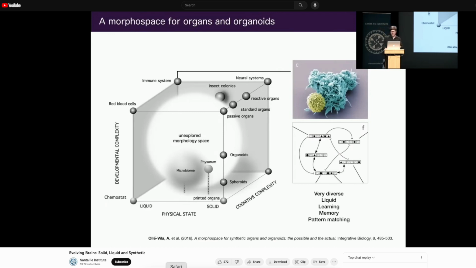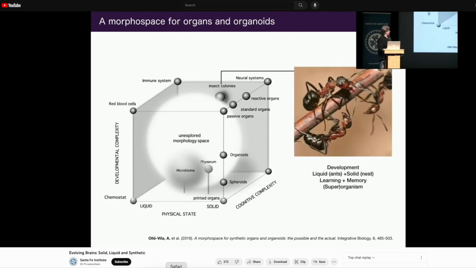We are living in a very interesting time now where it seems that because of our understanding of these networks, we might actually fight cancer and other things in a very effective way. Ants, of course, I put ants in the middle between liquid and solid. High development, because an ant colony actually, if you look at how it generates, it comes from the queen, the first eggs, the first individuals. The structure emerges in a totally predictable way and ends up into something that is the structure plus the colony that is inside, kind of a liquid system, right?